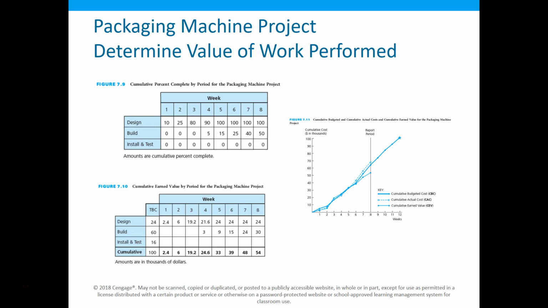We're getting closer. I would think your radar would start to go off that your cumulative earned value is significantly less than your budgeted or your actual cost. That should probably throw something off in you and you go, ooh. Now, we don't really know how much, because in this scale of a project, that may be significant, $10,000 different from budgeted, or maybe a minuscule amount. We don't have that detail. But we can come up with it.